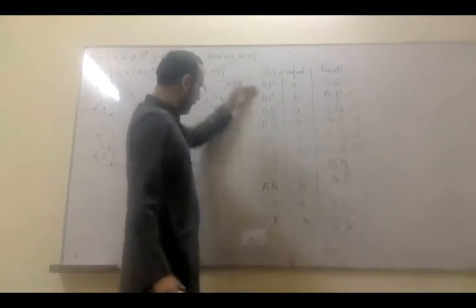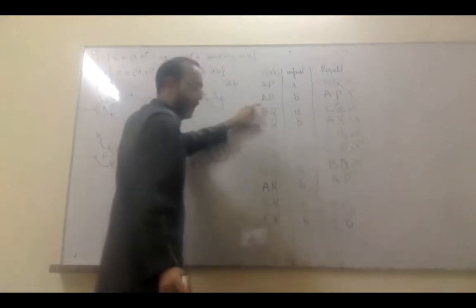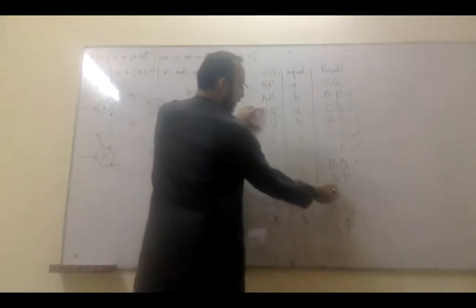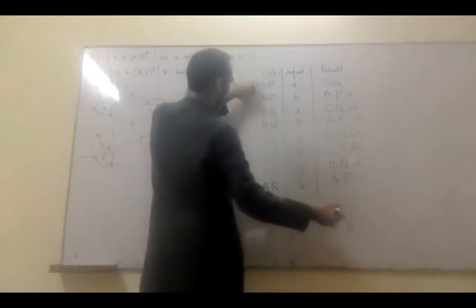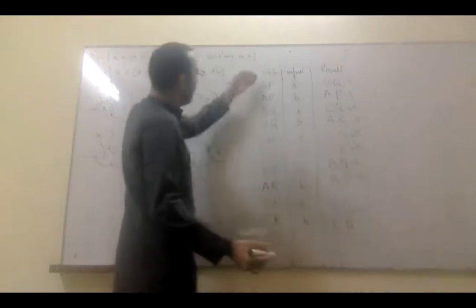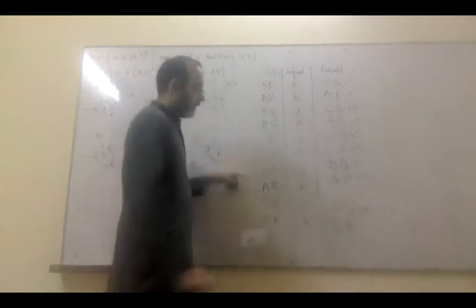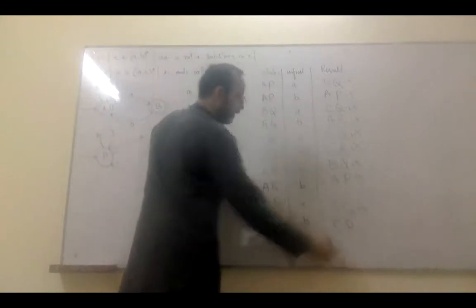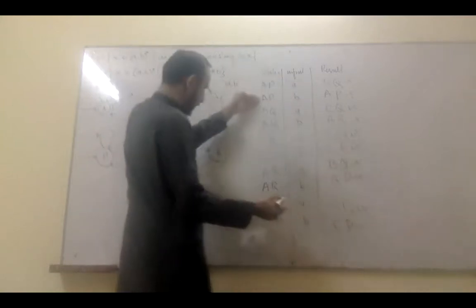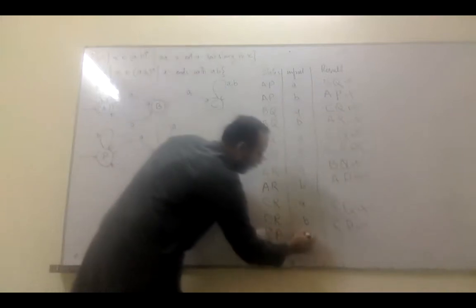And BQ is the new pair. BQ is already available there, so I don't have to check. AP is the new pair. AP is available there, so I don't have to check. CQ is the new pair, so CQ is available there, so I don't have to check. CP is the new pair, so CP is not available there, so I have to check this CP with A